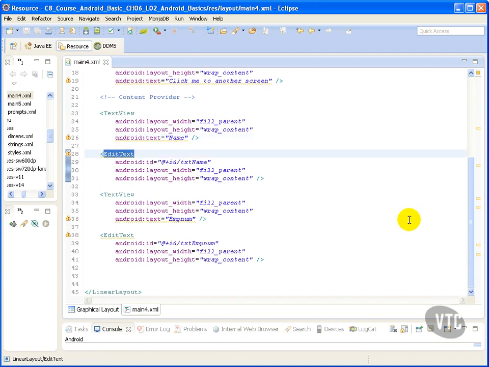Edit text is a thin veneer over text view that configures itself to be editable. We use this to input an employee name, and our Android ID for this is txtname. Again, we have another label, empnum, and then we have a field that we can enter text into using txt-empnum